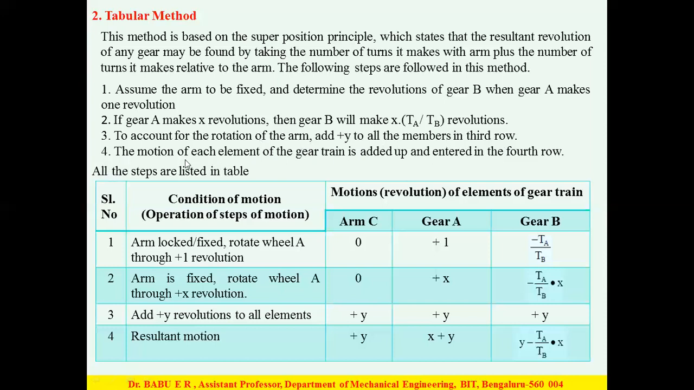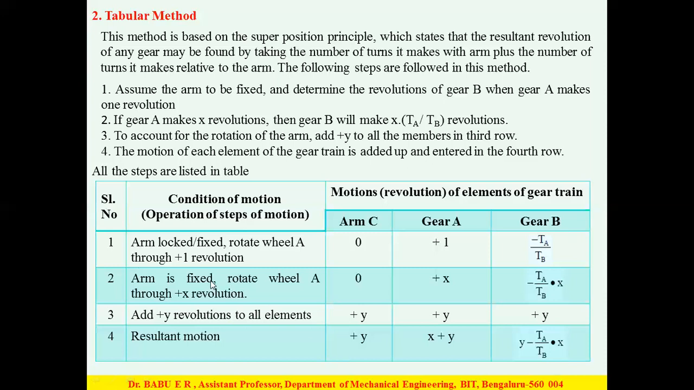So the last step, the motion of each element of gear train is added up and entered in the fourth row. So these are the 4 steps which should be followed in the tabular method. All these 4 steps are listed in the table. So this table is very, very important, since all the problems are solved by the tabular method, because it is very easy to solve by the tabular method